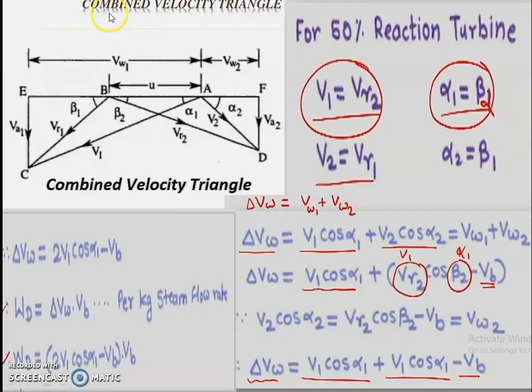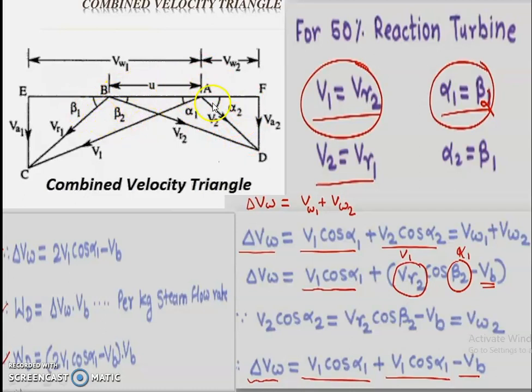In the next slide we discuss the combined velocity triangle. Already I told about the combined velocity triangle in the impulse turbine. Generally, U is the blade velocity, common to all cases from section A to B. In the inlet velocity triangle, the absolute velocity is V1 at the angle alpha 1, and there is also a relative velocity VR1 with blade angle beta 1. This section is the inlet velocity triangle, and to find the output easily, we have to combine the inlet triangle and the outlet triangle.